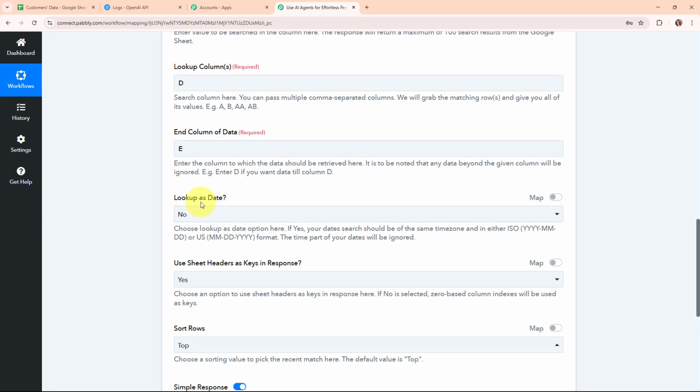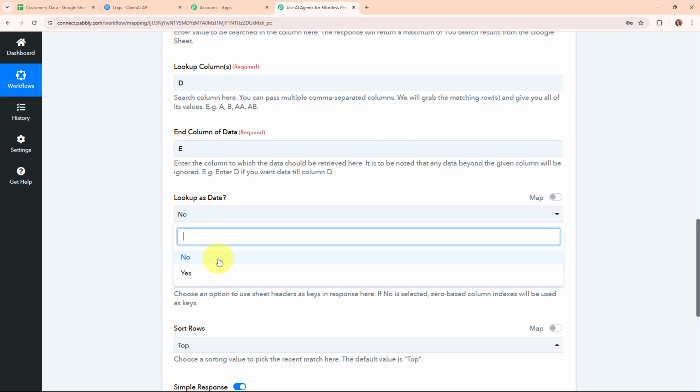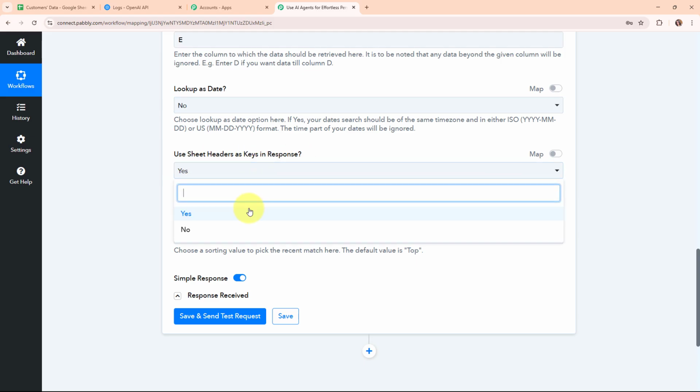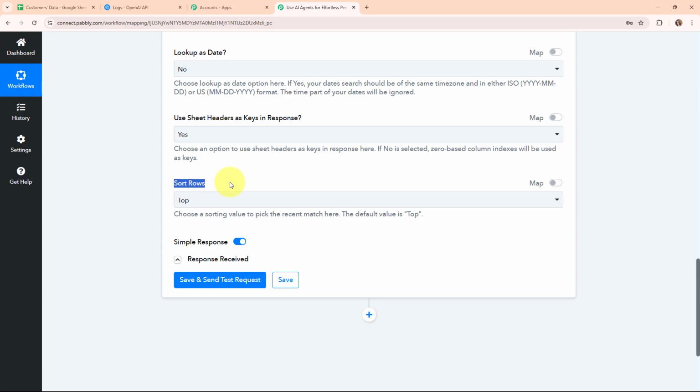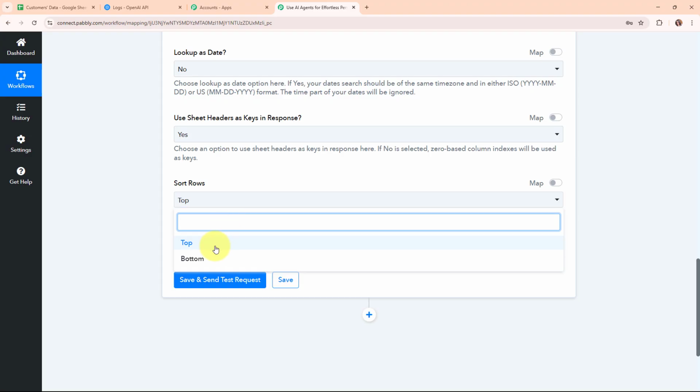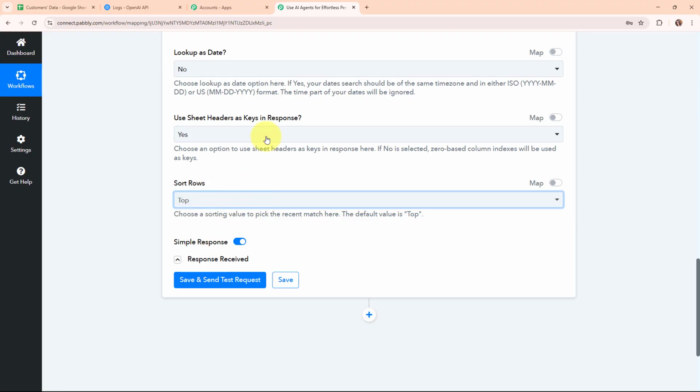I haven't added the birth date in that particular format that is given over here. So for lookup as date, I'm going to select no. Then here it is asking me use sheet headers as key in response, so I'm going to select yes. Then it is asking me sort rows. Here I need to select the sorting method for looking up the values in my Google Sheet. It could be top to bottom or bottom to top, so I'm going to select top to bottom, and then I'm going to click on save and send